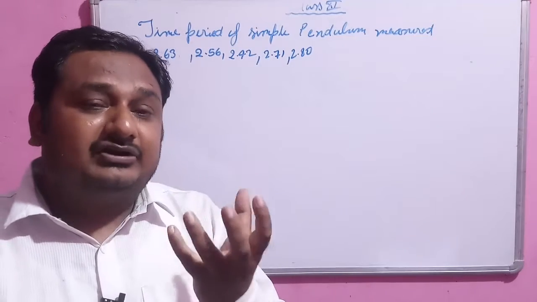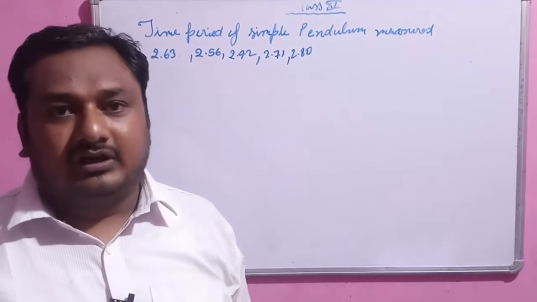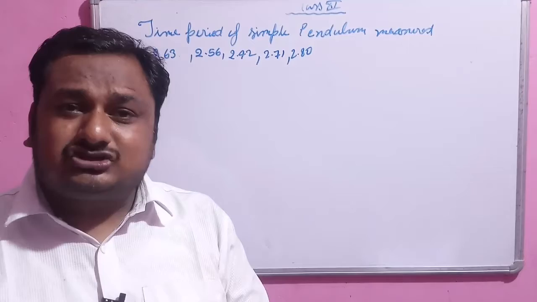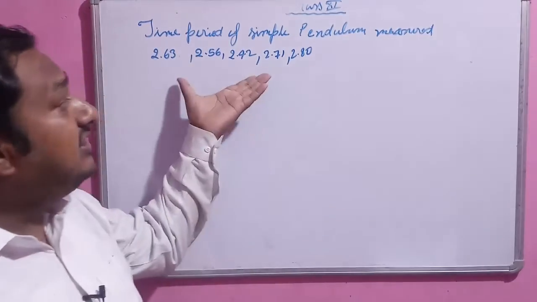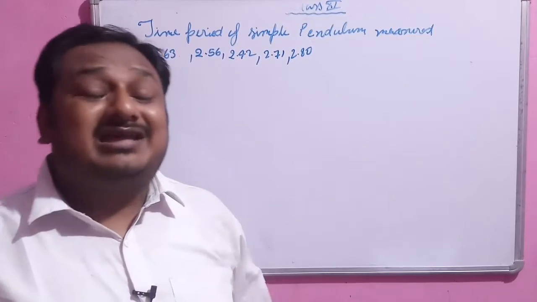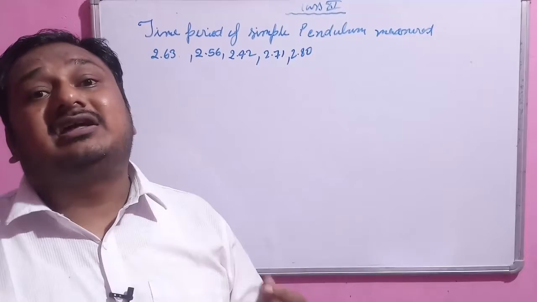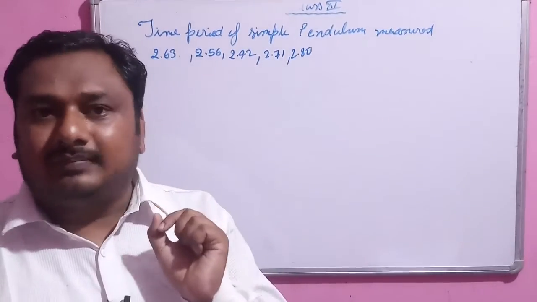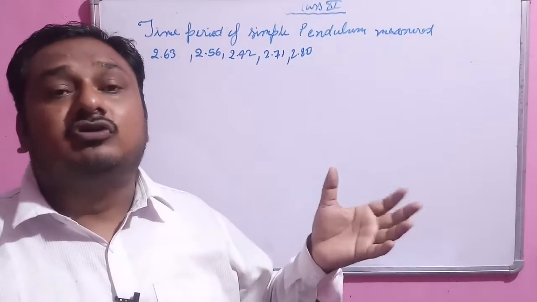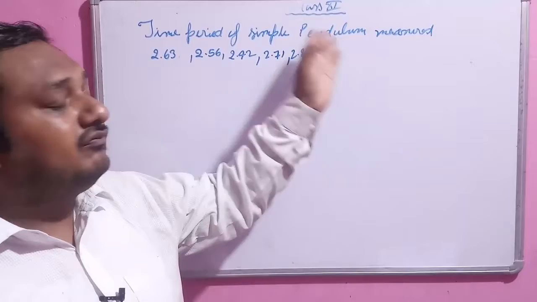So what is the true value? Which value can we regard as the true value, because everybody's answer is different? To get the actual or true value, we can take the average of these values, and that average value can be regarded as the true value. So in order to find the true value, we take the average of all of the 5 readings.